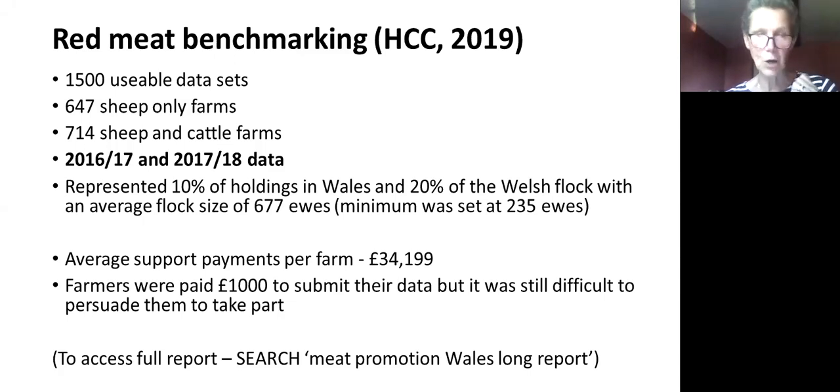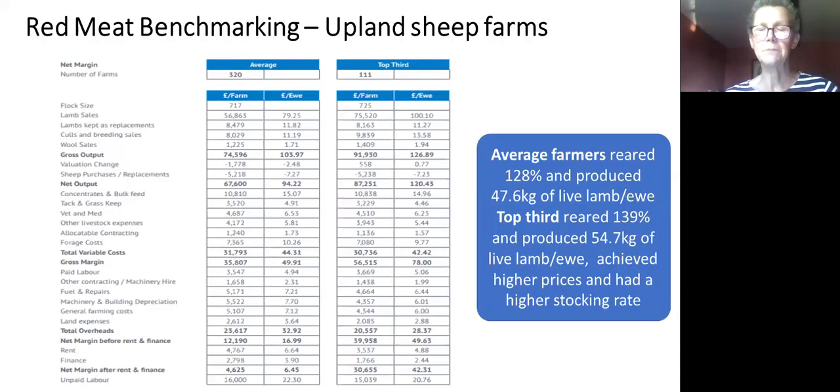If you want to look at the whole report, go onto the HCC website, Meat Promotion Wales, and the full report is there. But I did pick out just a set of data for you, just to show you another range of data that might be useful. So there's too much on this slide, and I think it's probably best that you just go and find the report yourselves. But the top line, if we just look at some of these highlighted things, lamb sales on the top third,